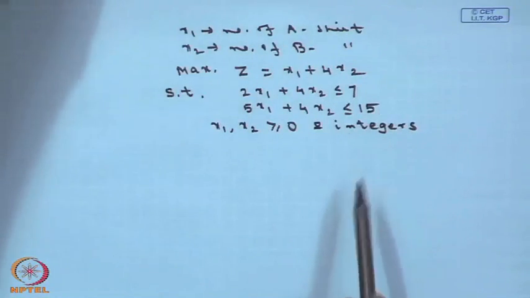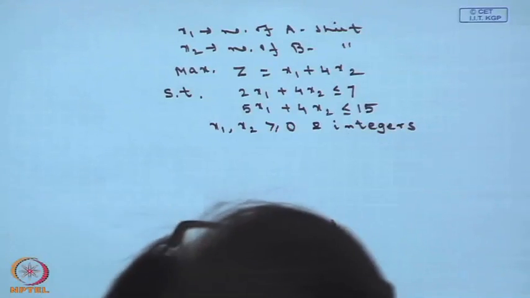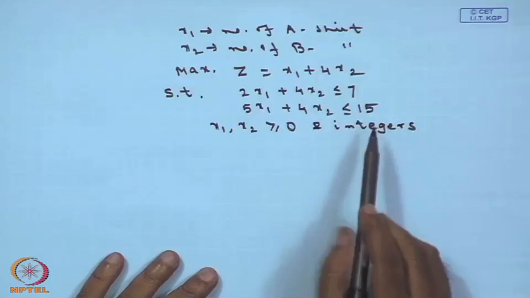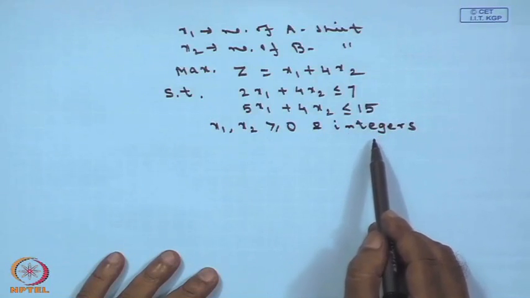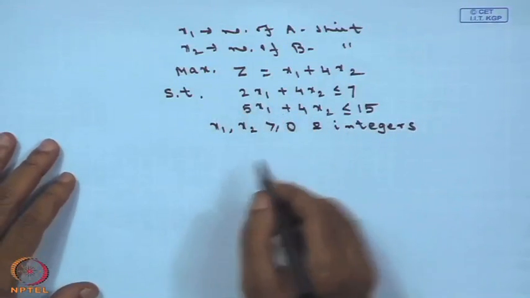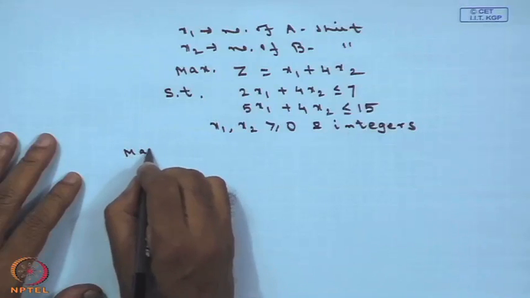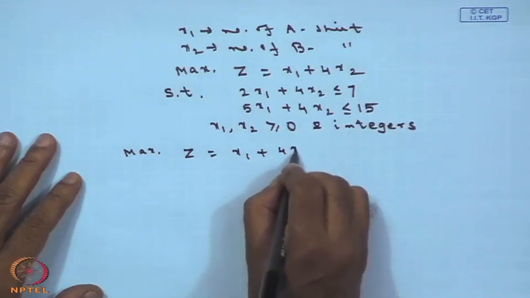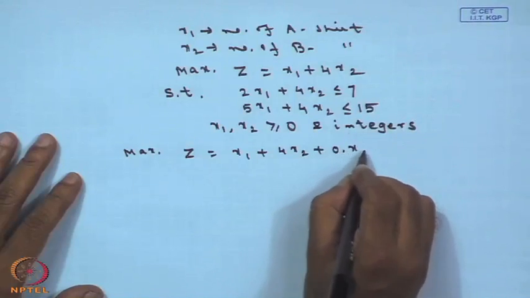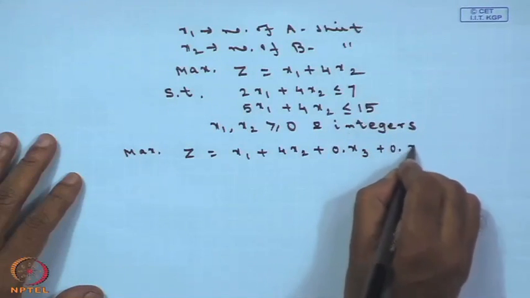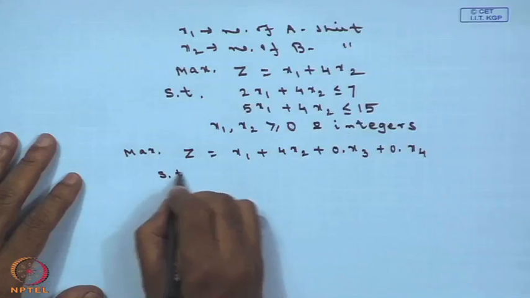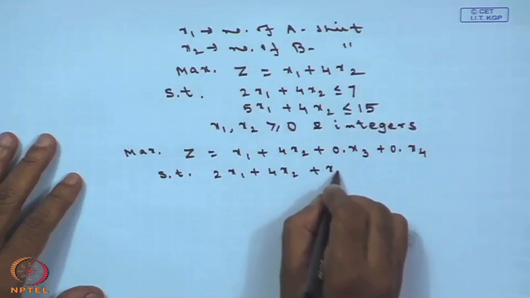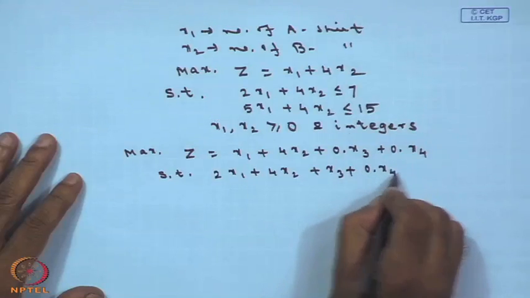Now, once we have formulated the LPP, we are observing one thing: the variables must be integer, they cannot take non-integer values. So, our first job is to write it in the optimized form. Again, you have to use two slack variables. So, x1 + 4x2 + 0x3 + 0x4, subject to 2x1 + 4x2 + x3 + 0x4, this is equal to 7,